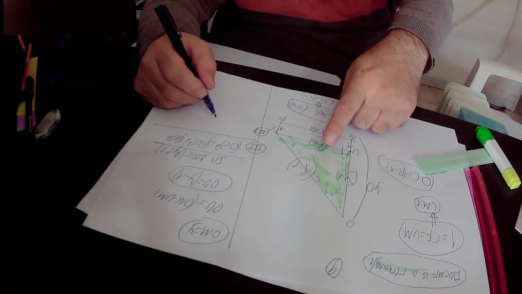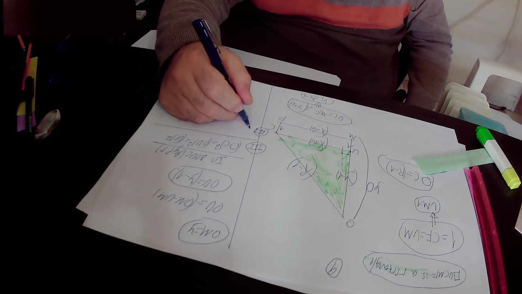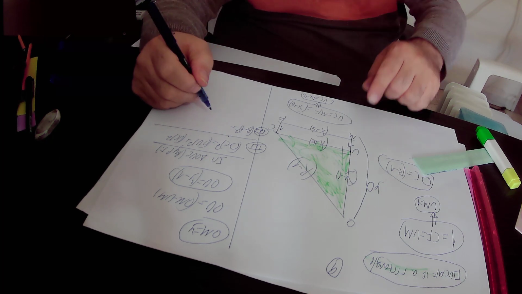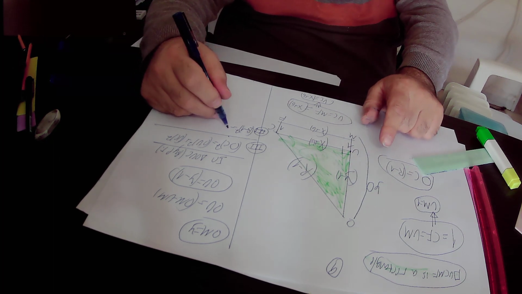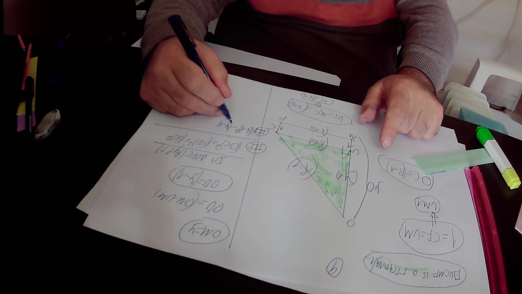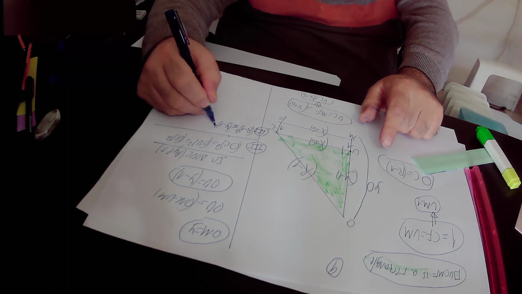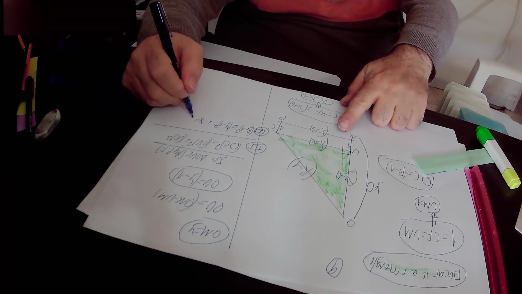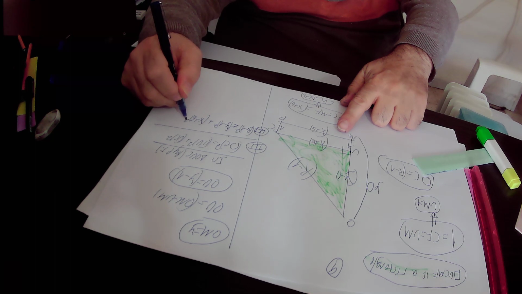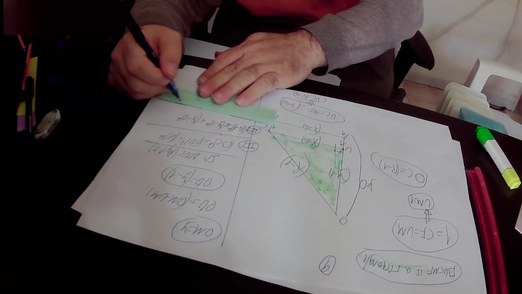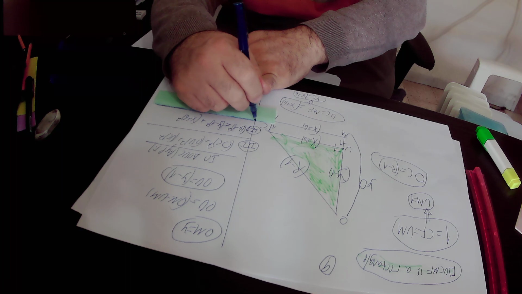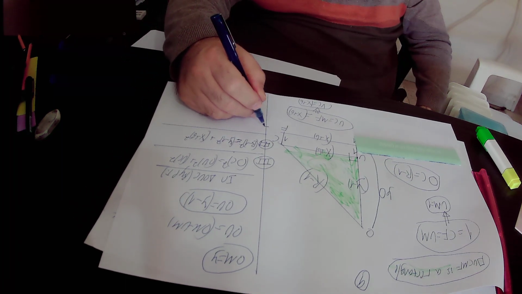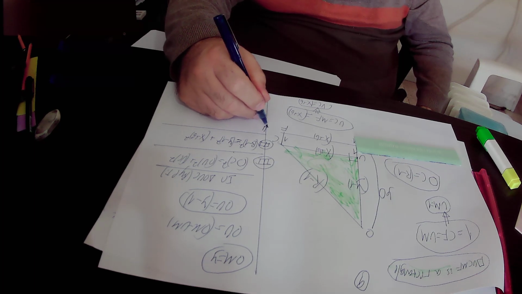OC equals R minus 1, so OC squared is (R minus 1) squared. OU equals Y minus 1, so OU squared will be equal to (Y minus 1) squared plus UC squared. UC equals X plus 6, so UC squared will be equal to (X plus 6) squared. Here we open the brackets on both sides of equation number 3, and we will get that